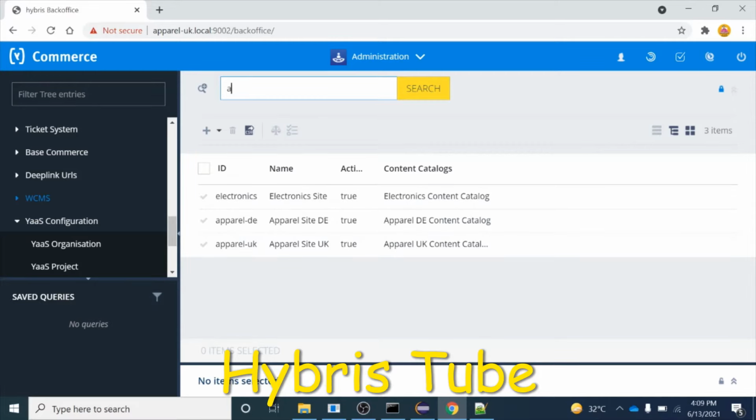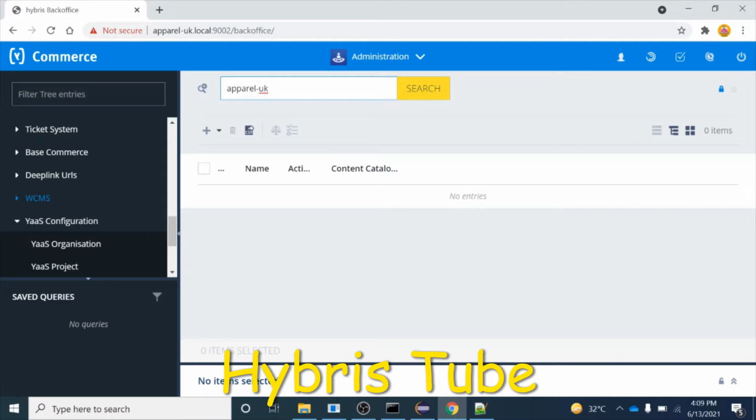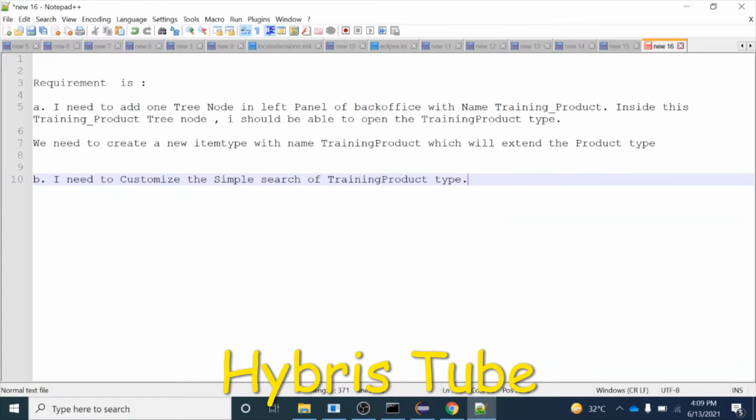This simple search is not working. You can see if I write April UK, it is not giving me any results. So this type of customization, where you want the simple search to work on which column, we are going to learn in this part.